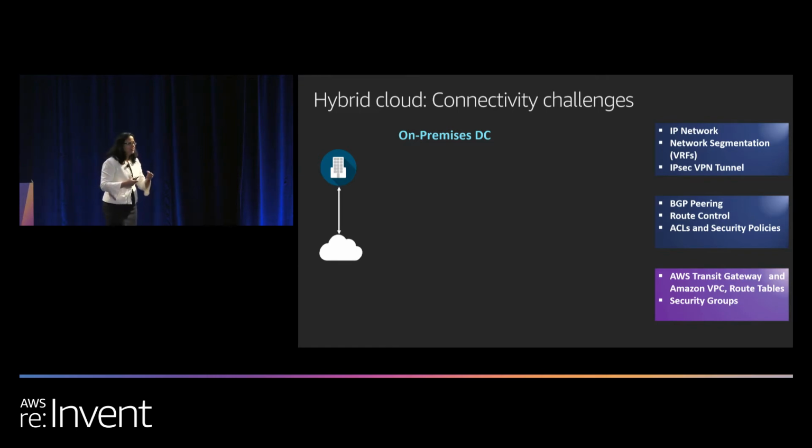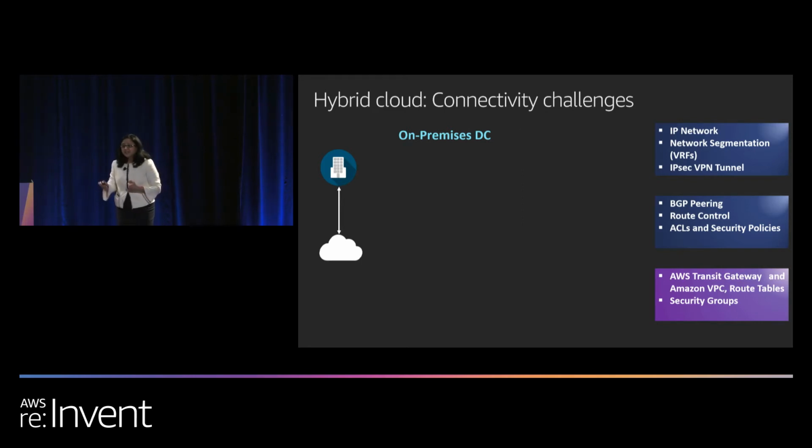And then you are configuring ACLs and security rules on the edge devices. If you have a DMZ location where there are some IDS, IPS devices which are running, at that DMZ location, you have to, again, configure all the rules before any traffic reaches the cloud or before any traffic from cloud comes to your data center. And then on the cloud side, yeah, you have to configure the networking for the cloud as well. You have to configure your VPC route tables, all the different transit gateway, and any other peering that needs to happen between the cloud and the on-prem side.